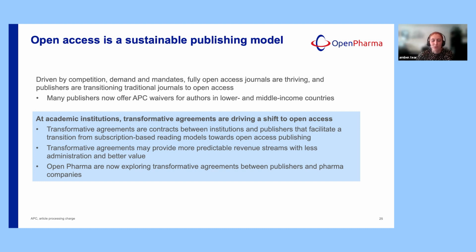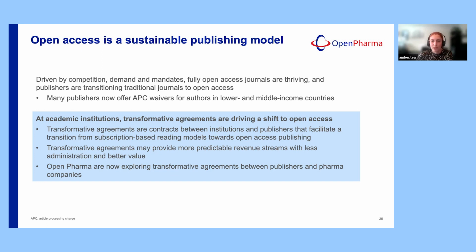Importantly, open access is a financially sustainable publishing model. It's driven by competition, demand, and recently open access mandates from both federal and industry funders. So currently, fully open access journals are thriving, and many more publishers are transitioning traditional journals to the open access models. And in addition, a majority of publishers now offer APC waivers or discounts for authors in lower and middle